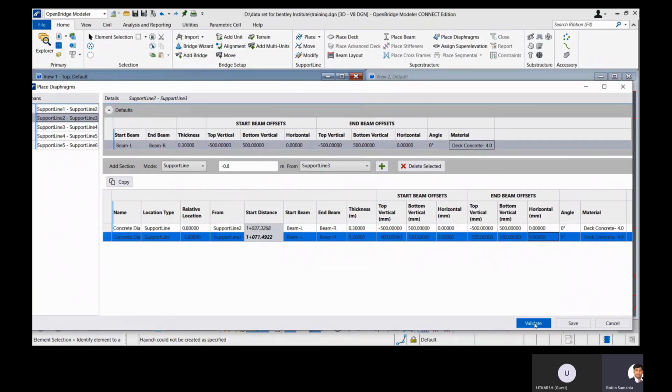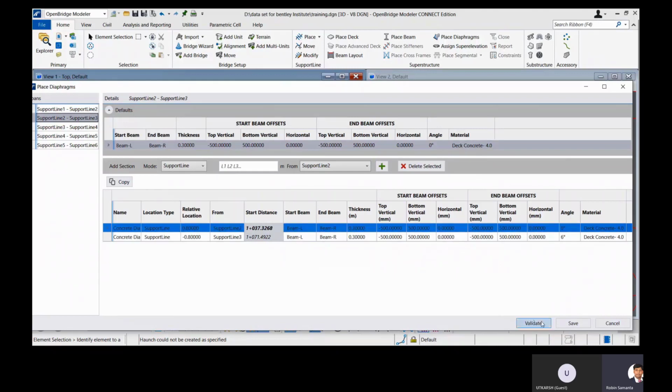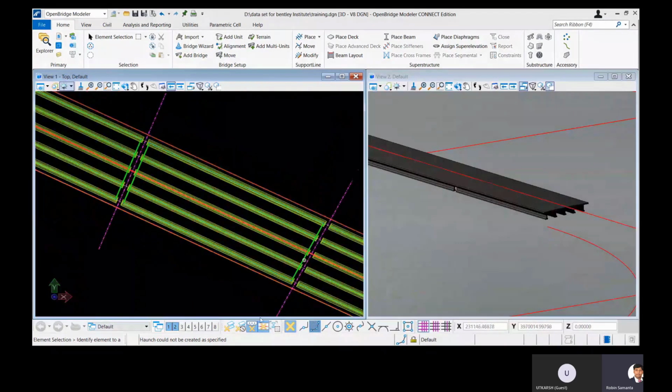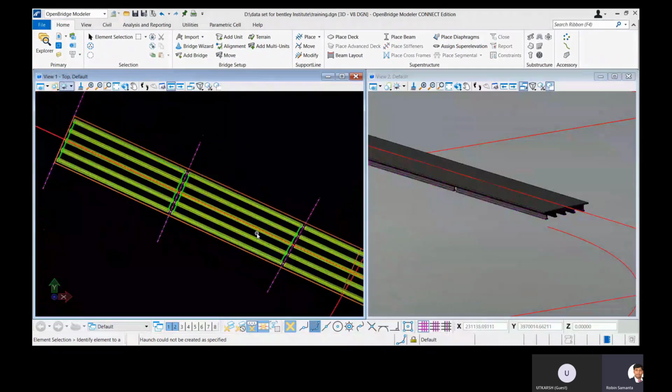And for support line 3, that's why we have changed the skew angle. And once we validate, we can see, yes, the first diaphragm is perpendicular to the carriageway, but the second one is in skew. But for span 3, with support lines 3 and 4, in both cases we have to keep the skew angle.